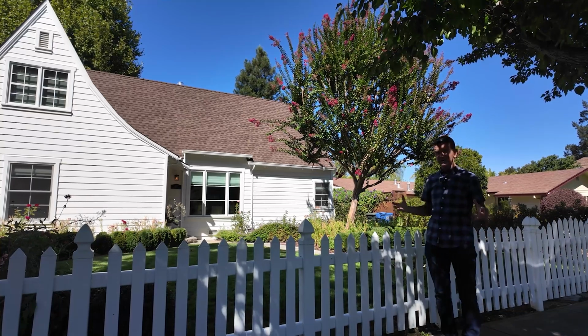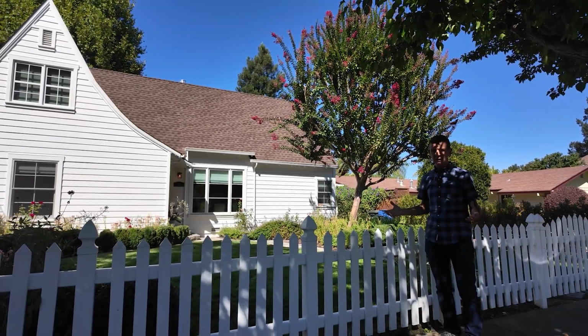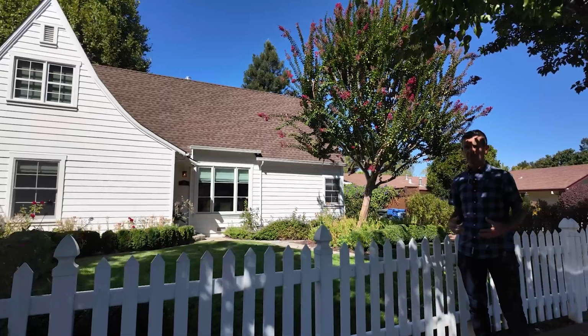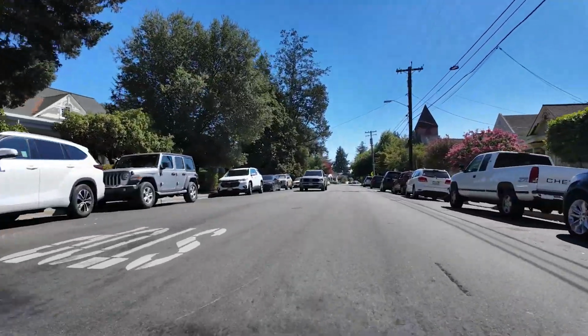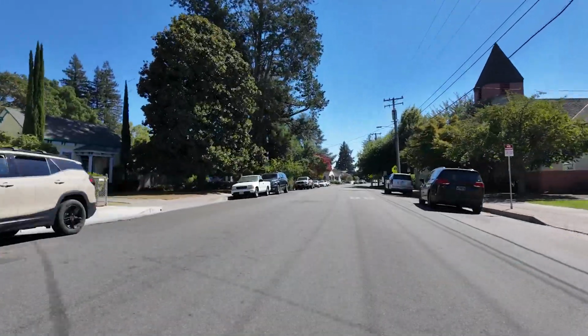2 blocks from the Plaza. So in terms of proximity to the Plaza, it's really hard to beat. And when you go in the backyard of a house like this, it really does feel very peaceful and tranquil. And yet you're a 3-minute walk to the Plaza. So this is definitely a good example of a type of house that you can get on Matheson. So then turning off Matheson, we're turning into Fitch. And then as we go down Fitch, we'll come to